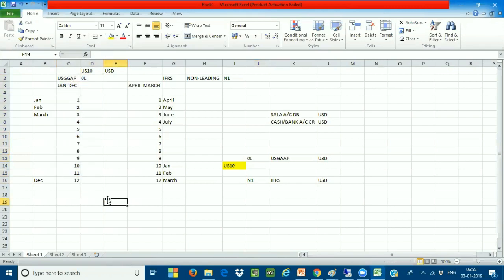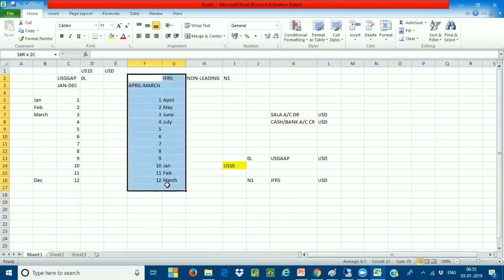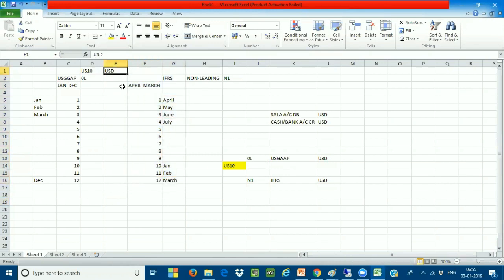But here the problem comes for me. Okay, Rahul is an employee working for the US10 company code only. Rahul is an employee who is working for the US10 company code only. But for deputation purposes, something like deputation for 6 months or 8 months or whatever it may be, he is traveling to the country India. But the payments of Rahul, the expenses which are going to be incurred on Rahul, are going to be recorded in the same currency. I'm not using the INR currency over there. I'm using the same currency. Very, very important. But the postings are going to be made from April to March.